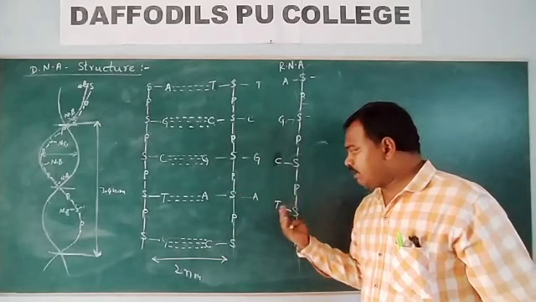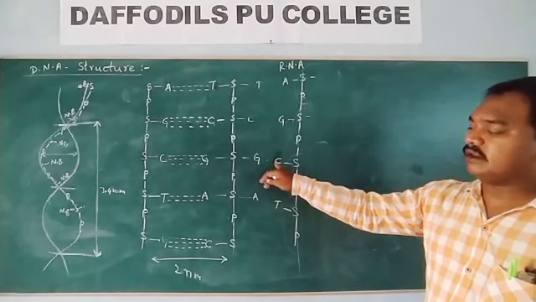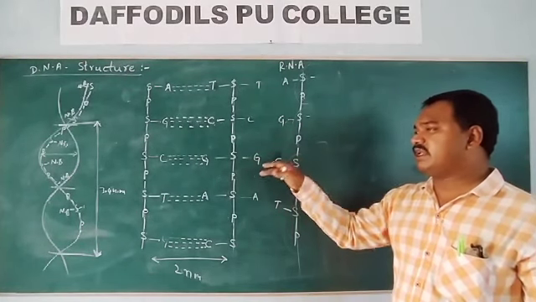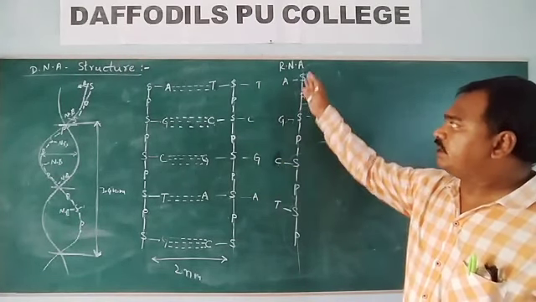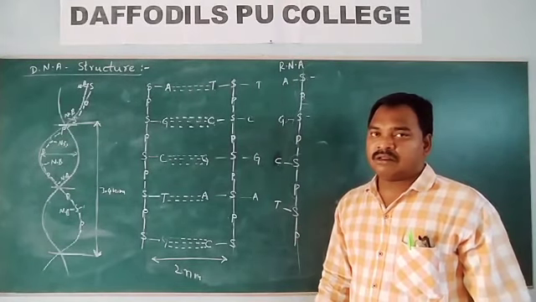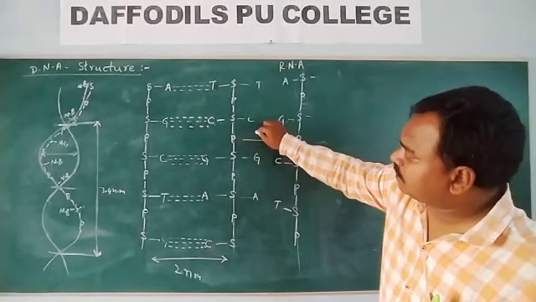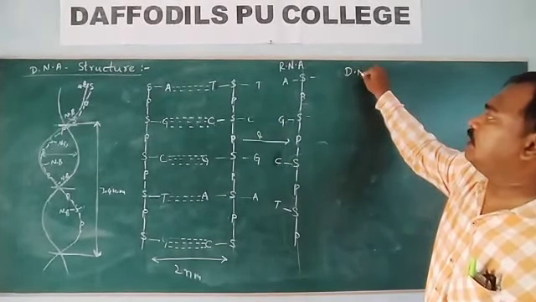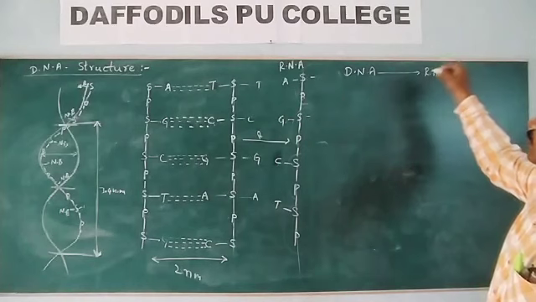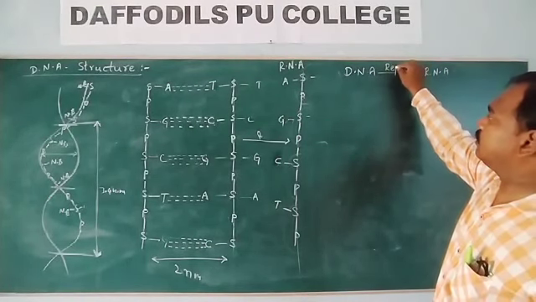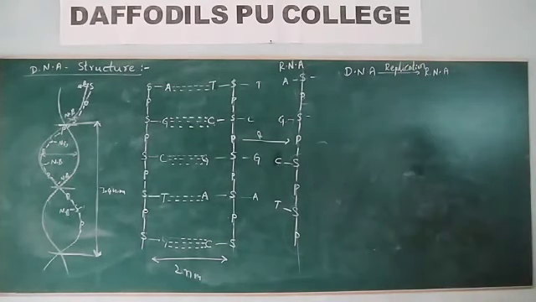Meaning its mirror image is created on RNA. If guanine is there, its mirror image is cytosine. You don't call it the mirror image; call it the complementary pair. So its complementary pair is created on RNA. So this process is known as replication. First from DNA, the information is copied onto RNA.